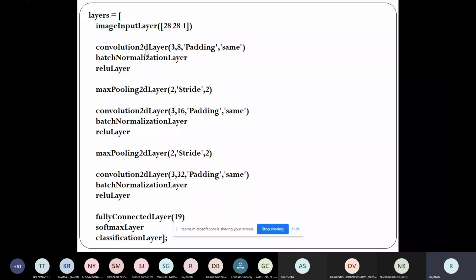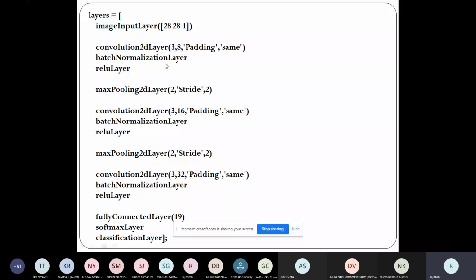I have constructed the layers here, starting with the input layer, which must be of size 28x28x1. That means I'm accepting only grayscale images. Now this is my convolution layer 1. ReLU, max pooling and batch normalization have been discussed already, so I'm not going into depth.